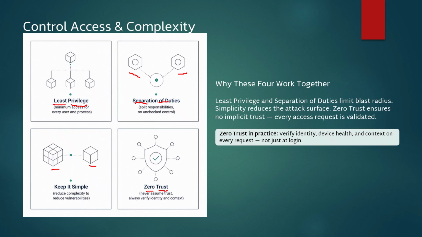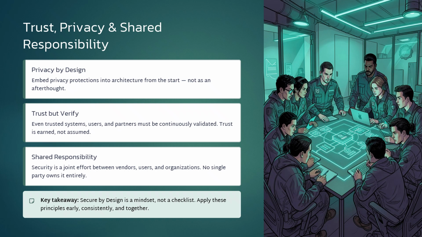Let's go next. So next is trust, privacy, and shared responsibility. Privacy by design. A few minutes ago we discussed this example with the mobile. If there is no access to camera, microphone, or photos, in that case you have the privacy. You cannot say that the application has access to everything. So while performing the architecture, you should keep privacy in mind and create the design with privacy. Trust but verify, that is again the same,